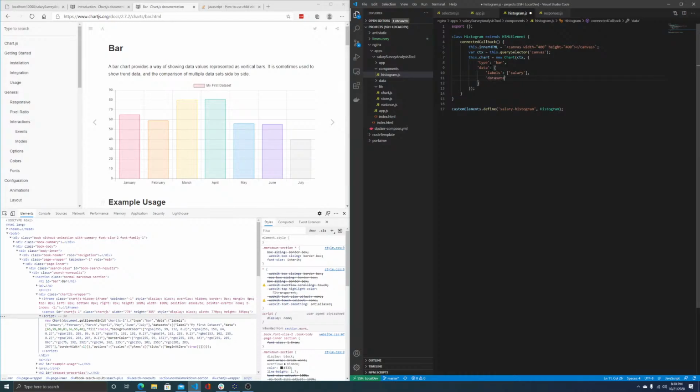And then datasets. Okay, so datasets in Chart.js is basically our data series. Oh, wait a second, I messed up on something. We'll go back and correct it. So this one is actually going to be salary. So this is the label of our series. The labels up here are in fact the x-axis labels. So for now, I'm just going to plunk